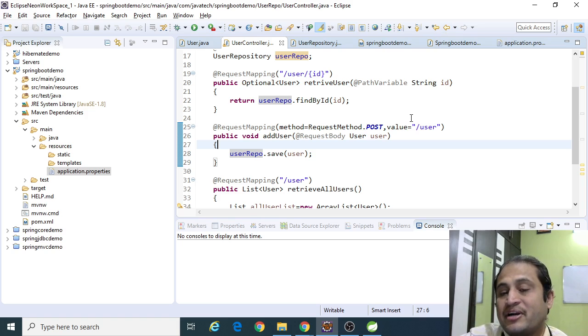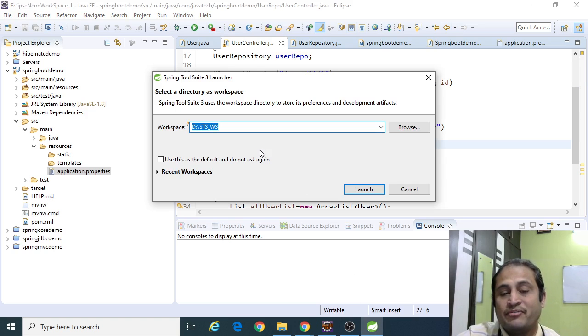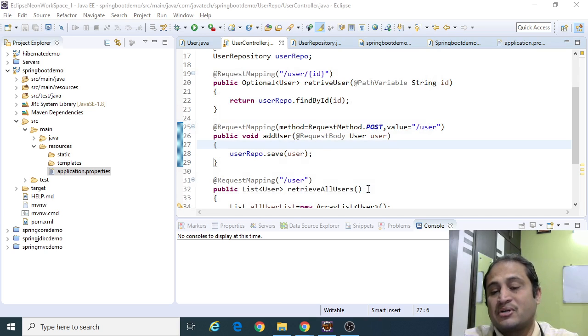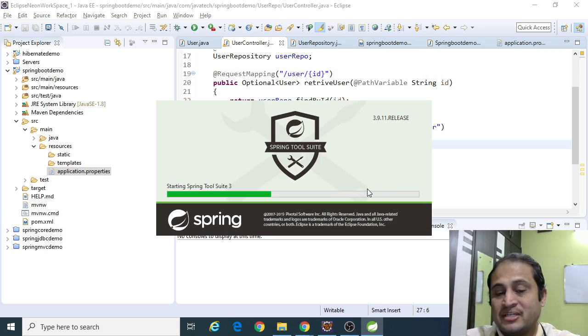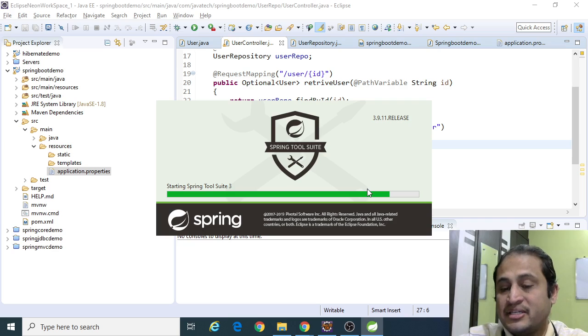It's different, not like a Maven project. Spring Tool Suite would give you all the things which are needed for a Spring Boot project. So maybe I'm choosing a default workspace here. Okay, probably I'm choosing another workspace, so that it doesn't take the existing projects.